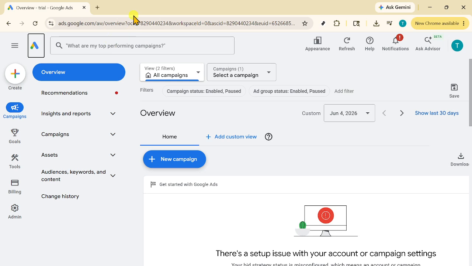Sitelink extensions, now commonly managed as assets in Google Ads, are a useful way to give people extra links beneath your ad. These links can lead to important pages on your website, such as product categories, pricing pages, contact pages, or special offers. Adding them can make your ad more helpful and improve how much space it takes up in